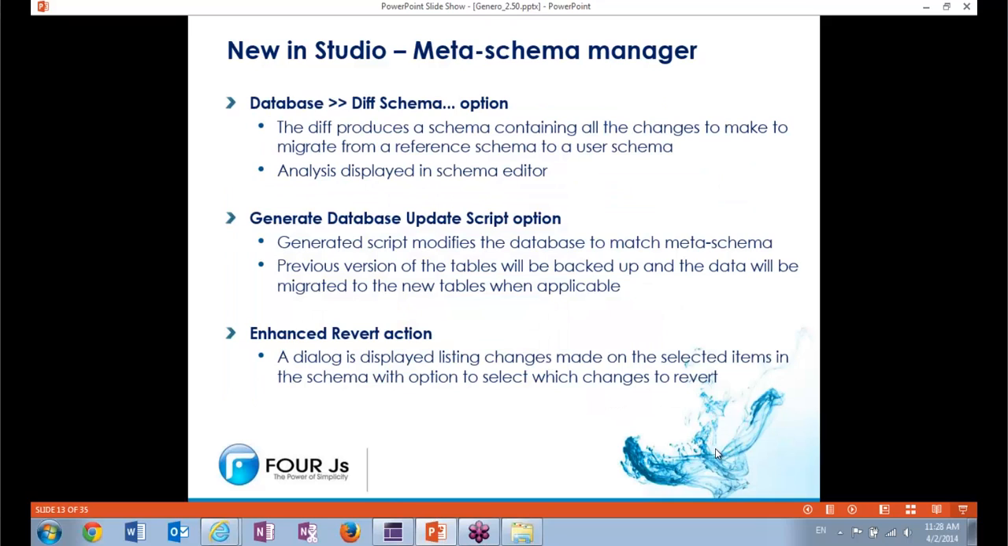Metaschema Manager has some changes as well. There's a diff schema option where you can compare two different Genero metaschema files. So this would be like your .4dbs that you generate or .4dbxs that you use with Application Generator. And it will show you all the changes that you need to make to migrate from a reference schema to a user schema. There's a Generate Update Script option